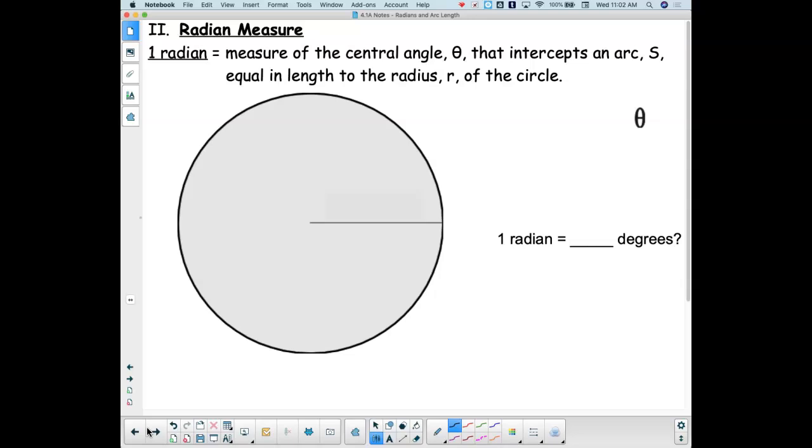You should have your 4.1 note sheet. We're going to start with a quick review of yesterday. Remember we talked about a radian. It says the measure of a central angle theta that intercepts arc S equal to the length of the radius of